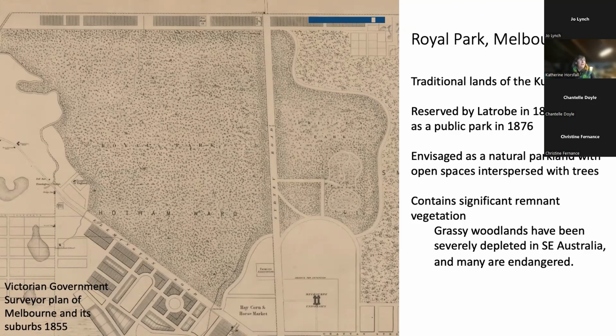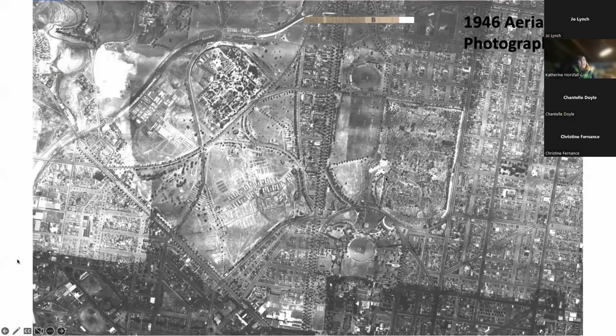But as you can see from the surveyor plan here, prior to European settlement, it was grassy woodland, and the park contains some remnants of this vegetation. To this day, it is managed as a natural parkland with open spaces interspersed with trees, although the canopy isn't quite as dense as what you see there. The park's had a lot of uses, including in the Second World War as a military encampment. This aerial photograph shows all the soldiers' huts on what is now known as the Grassland Circle. And after the war, these were bulldozed into the ground. Unfortunately, they contained asbestos, and so the park still has soil contamination to this day.